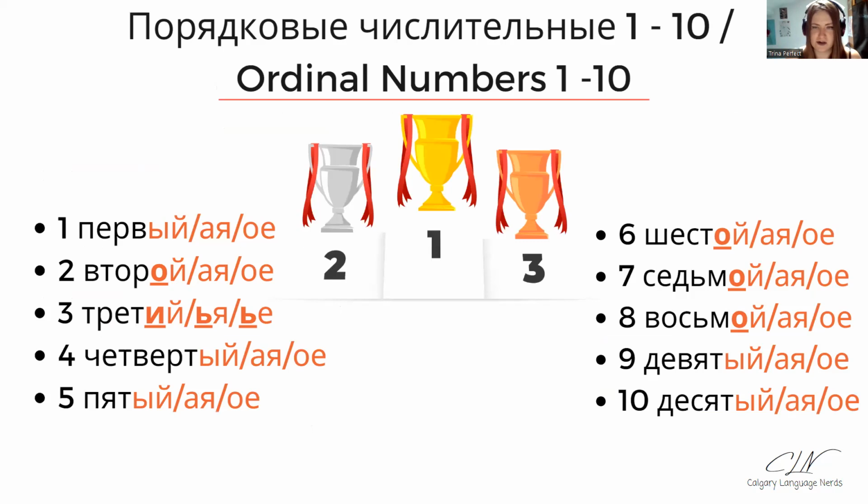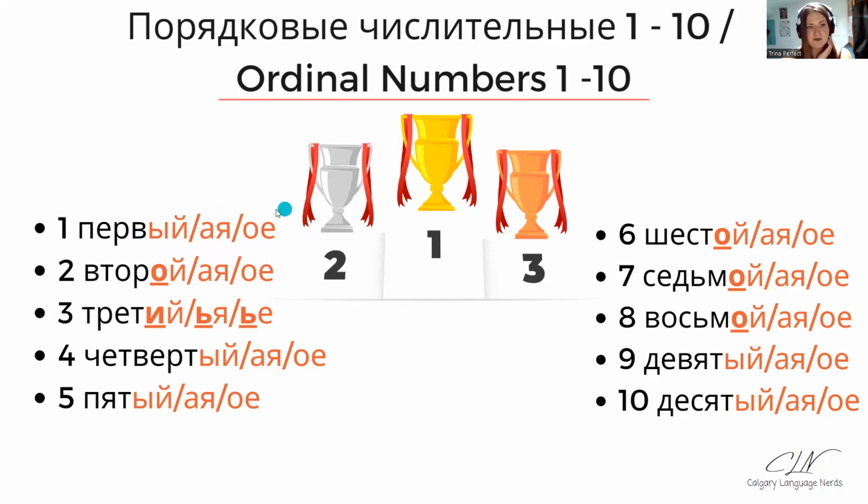So let's go for it. Let's learn, as usual, the numbers from 1 to 10 first. The ordinal numbers, first, second, etc. So the first is going to be первый. And mind you that all of the ordinal numbers are going to function and change as adjectives by gender, by case, by number. So for example, it's going to be первый,